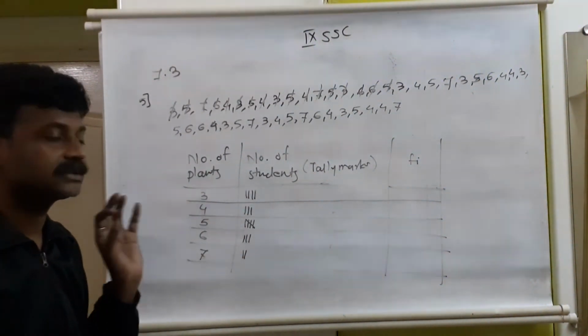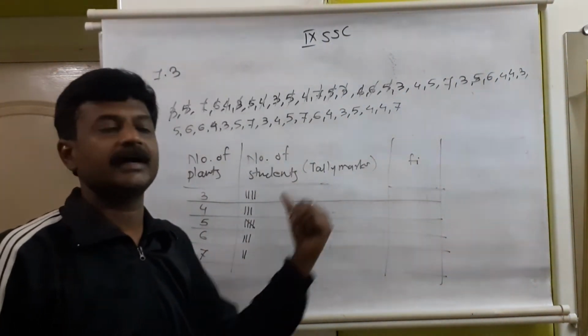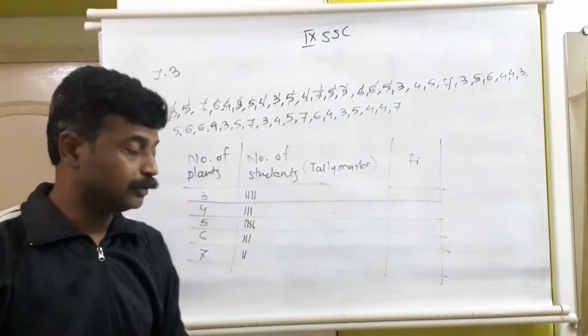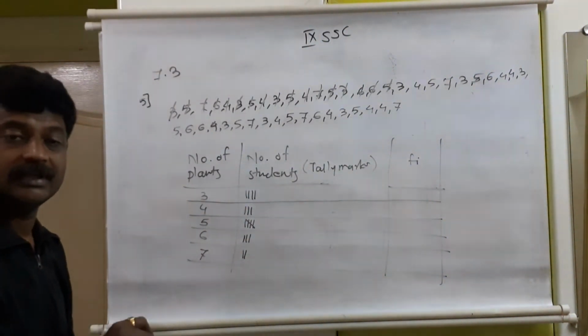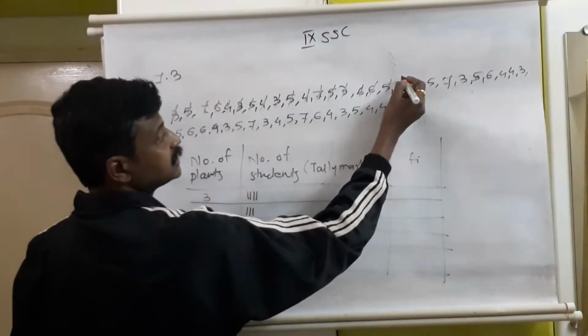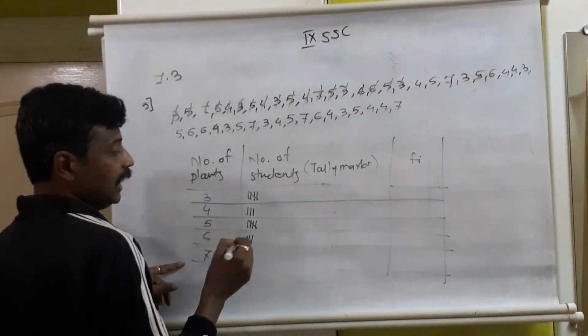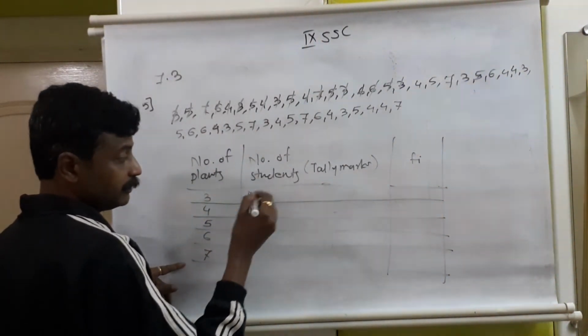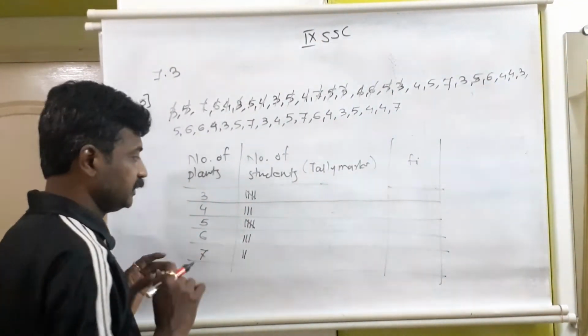So how many bunches of 5 are there? Suppose 3 bunches. So 5 threes are 15, plus additionally if there is any line, easily we can conclude and write it. So after 4, this 5th cross will show this is a bunch of 5 observations. Next is 3. So again here 4 lines are there. The 5th will be a cross. Either you draw it in this way or this way, but the pattern should be the same. There is no exact rule for that.